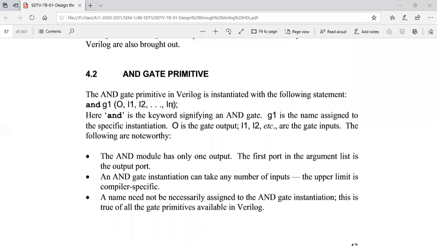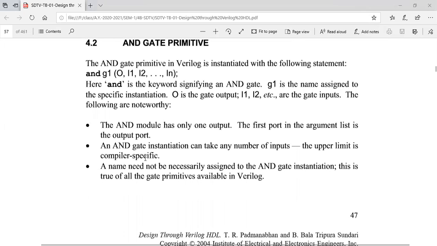So it will perform the AND operation between all those bits and produce the output. What does it mean? The AND gate primitive is such that if all the inputs are 1, it produces output 1. For all other cases, it produces 0. No need to think of it very much, we already know that. So here we are giving the name AND G1. Actually, the name is not necessary, but for understanding and instantiation purposes, we are giving it.